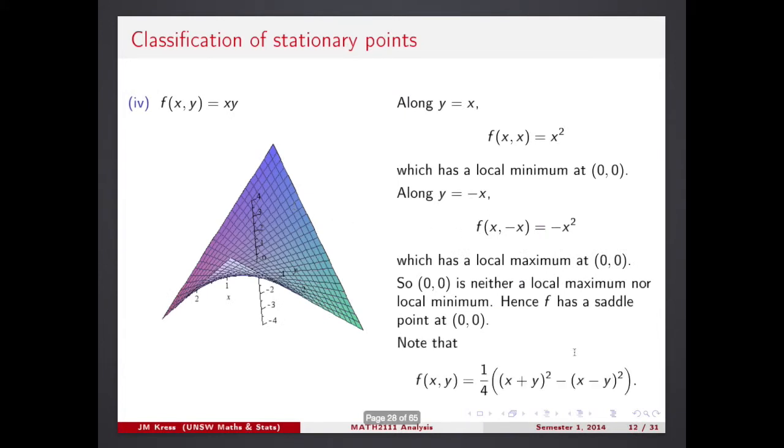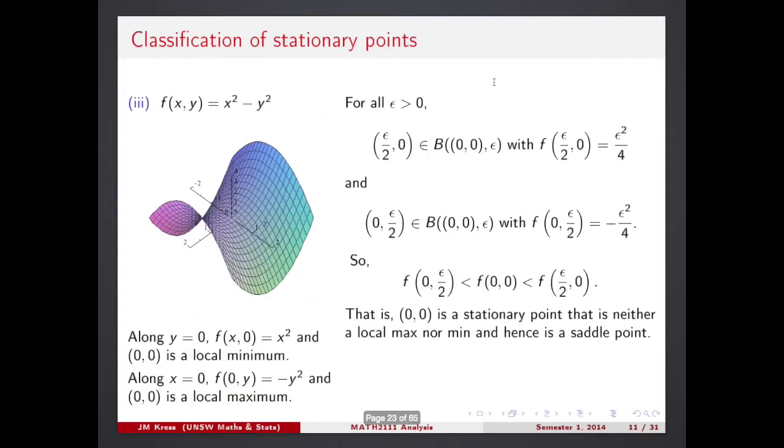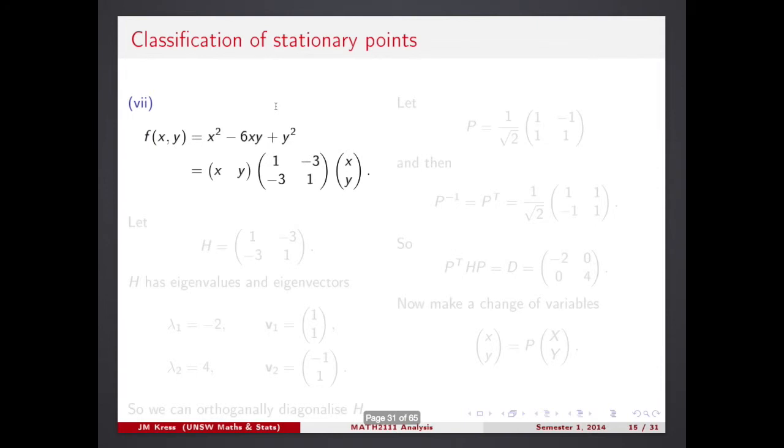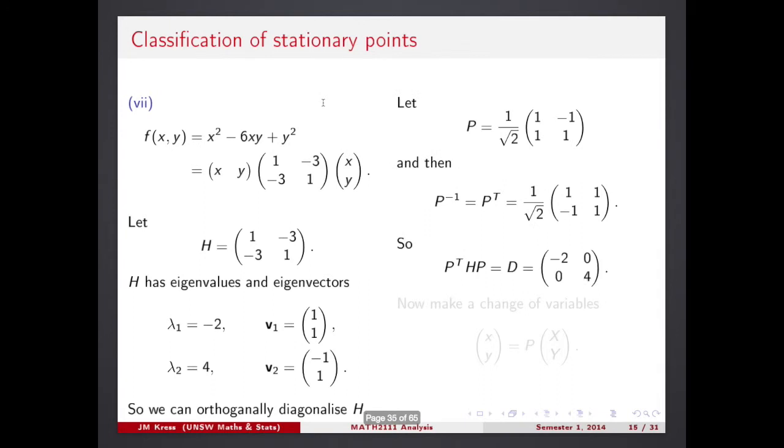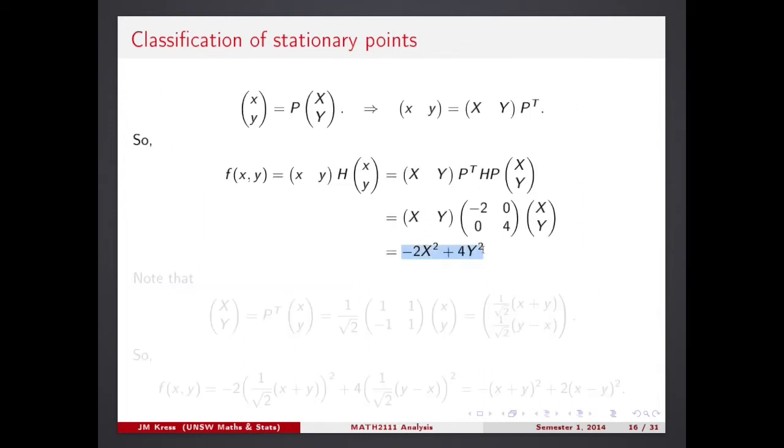In this example, this last line, you see what it did? With a linear substitution, we converted my example xy into this canonical example of a saddle point, x squared take y squared. And now this method via the eigenvalues and eigenvectors gives you the general strategy for how you can always convert an expression of this type into a difference of squares, or as a matter of fact, sometimes it can be a sum of squares, depending on